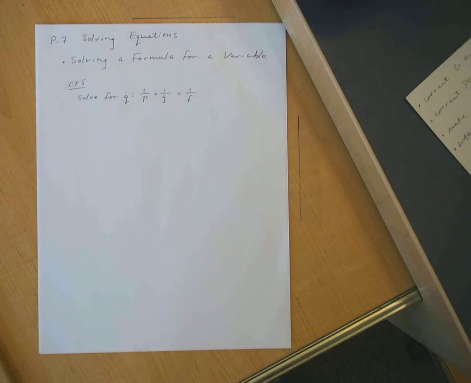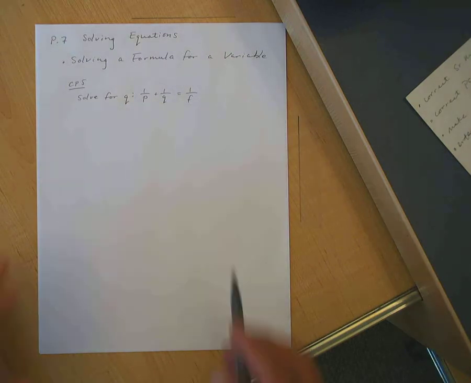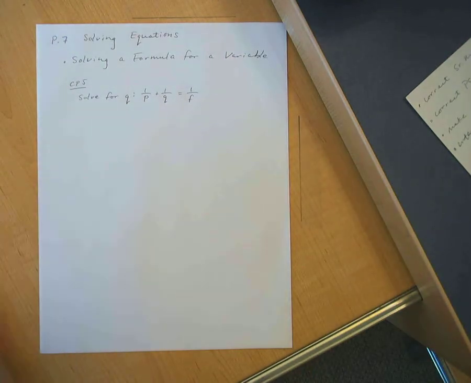All right, here we want to solve this for q. In other words, you want to get q all by itself on one side with some other expression on the other side. That's what it means to solve for q. So I'm going to take this equation and I want to,